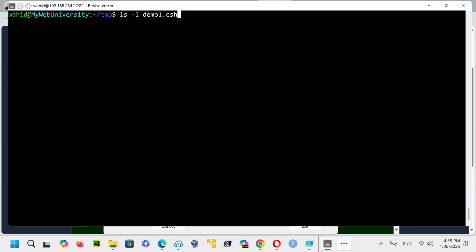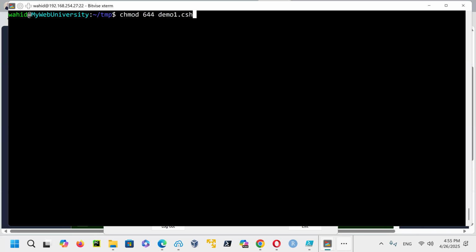So the right syntax is a plus x. For others only, o plus x. If you want to give the user only, u plus x. A for all. Okay, so that is the right syntax.